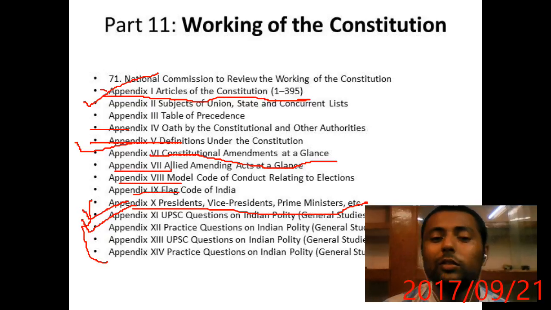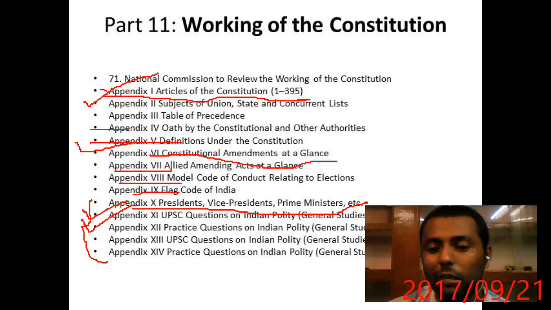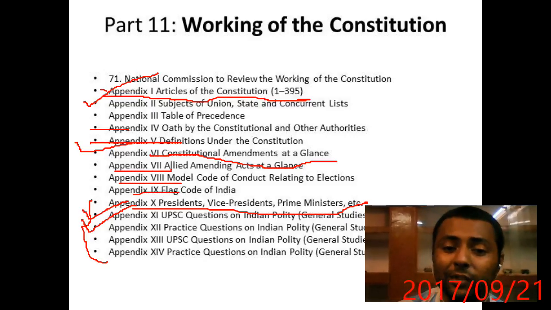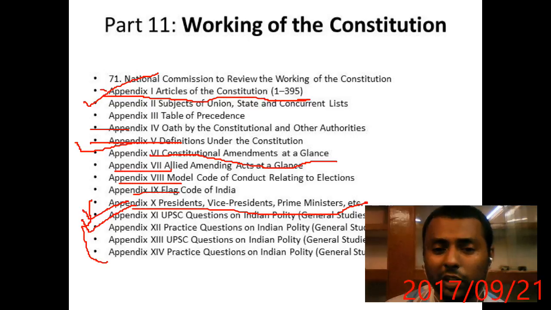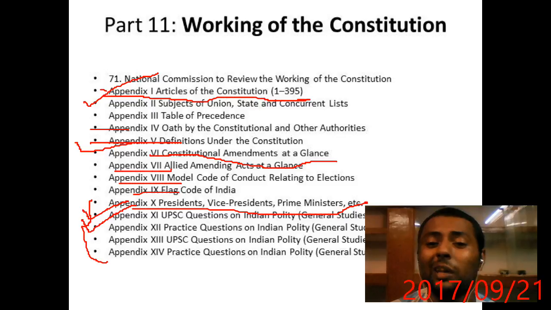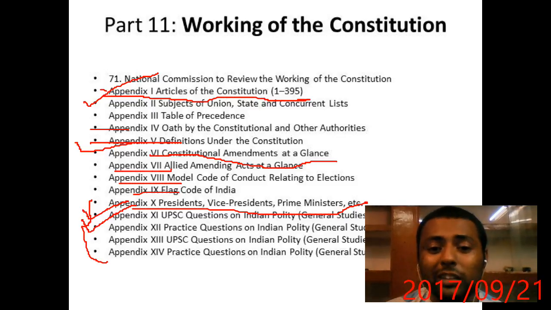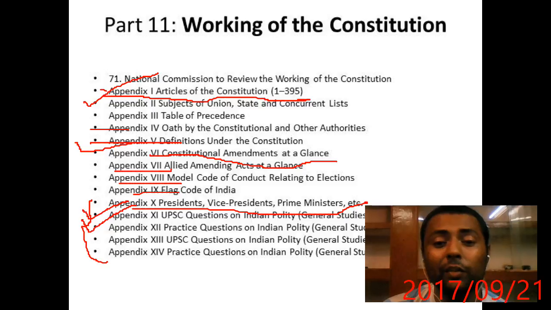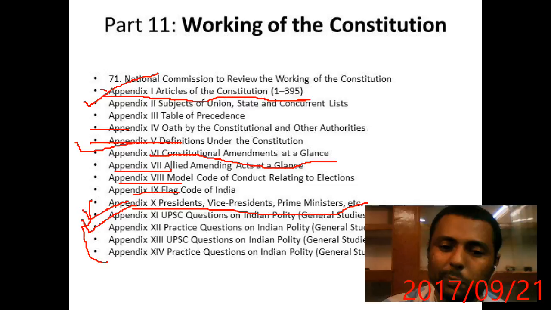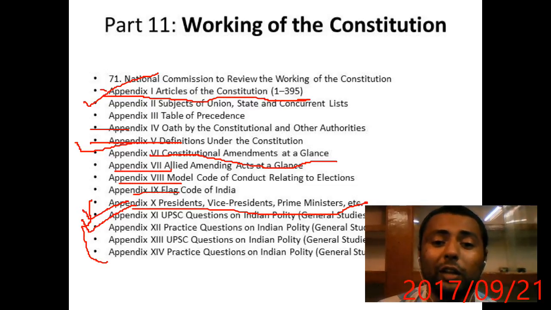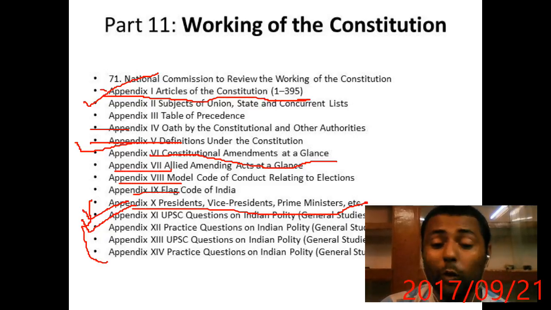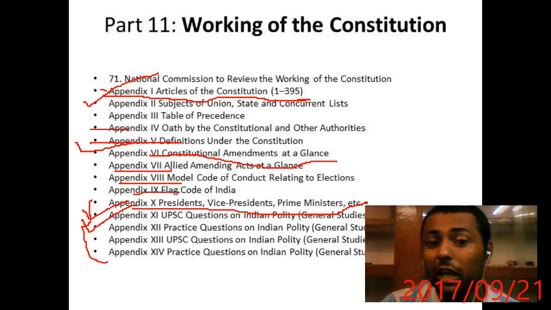Okay, sir, you are saying you are skipping most of the things. What I told is don't go into those chapters which are not very important, like fundamental rights are very much important, read through that. President is important, read through that. DPSP is important, read through that. They never ask about the authoritative text and liabilities of the constitution, or the review of the working of the constitution. So what is the need of them? The book is basically written from a UPSC point of view, and I am suggesting the chapters which are important for WBCS purposes. And I will try to give lectures and videos on those topics where I mentioned my name. So have trust in me, read the book, read the important chapters which I have mentioned.